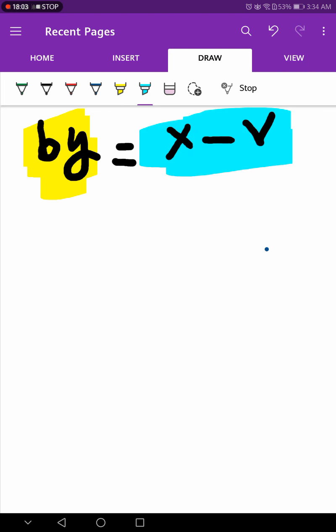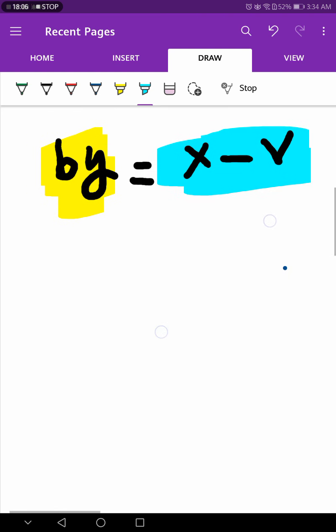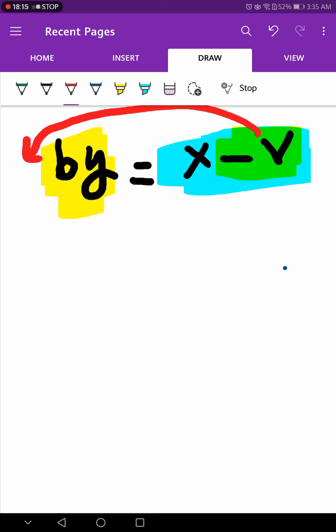Okay, so x minus v. Okay, I have to make the x alone again, so the negative v must move to the other side. Yes, okay. When I move it, it will be positive, so v plus